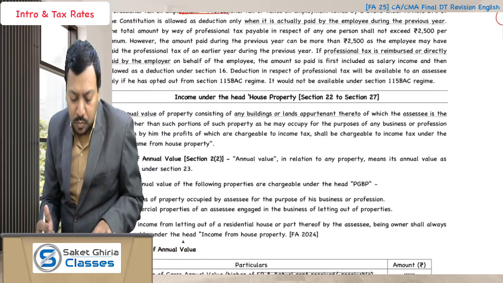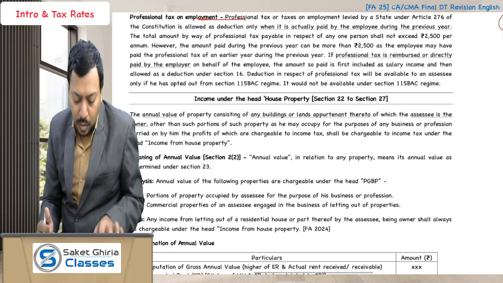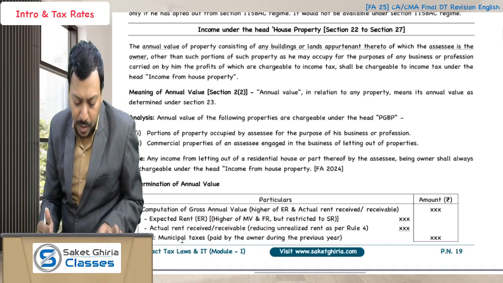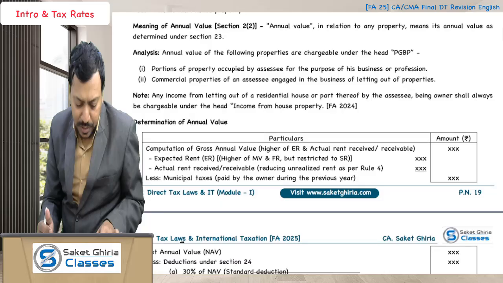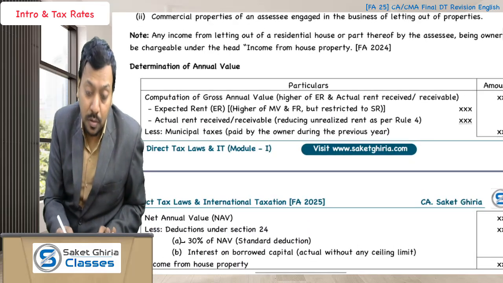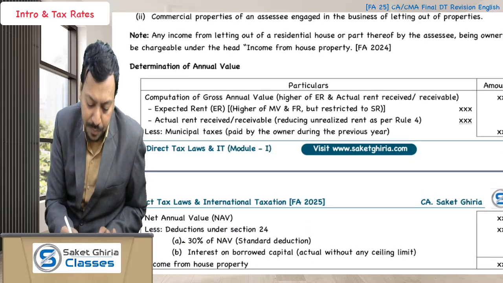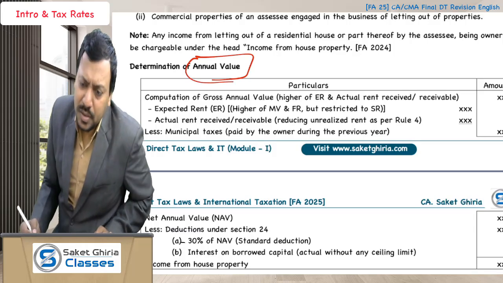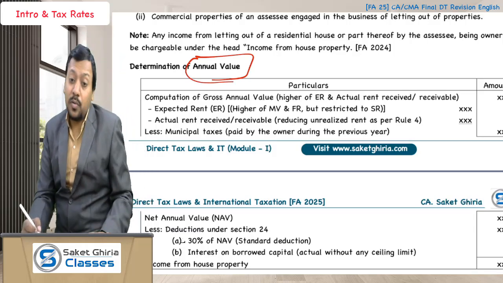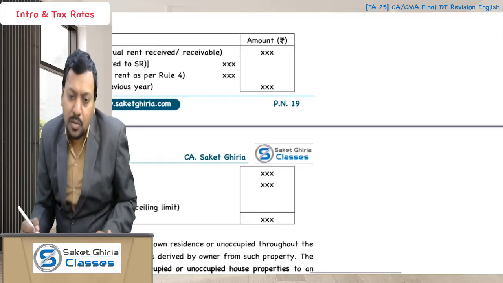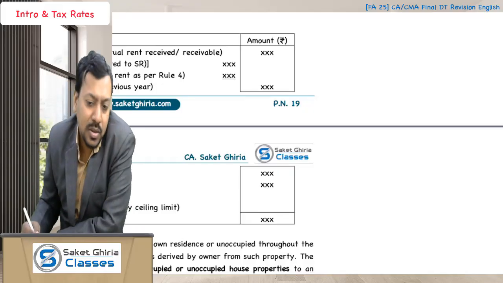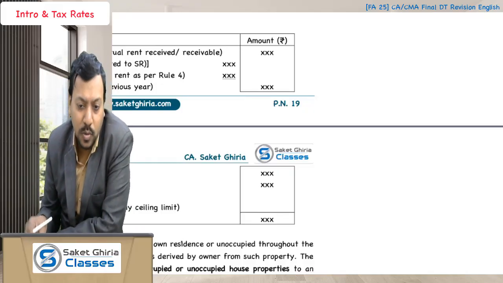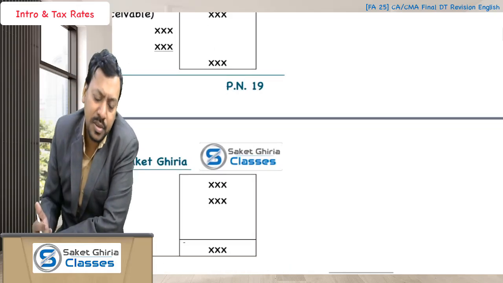Now moving to the house property here. Okay. Here the important aspect that we have to see is the determination of annual value. This is a bit different. House property is probably the only head of income which taxes the notional rent instead of the actual rent. But sir, notional income is taxable